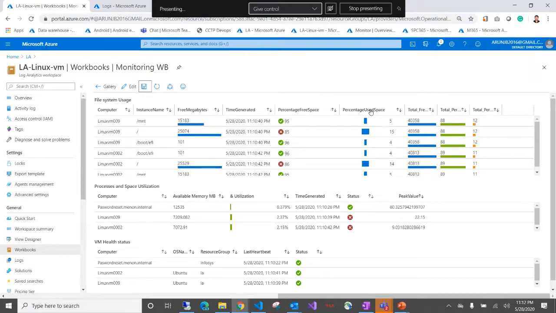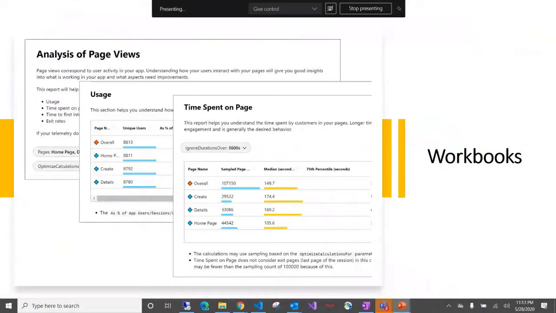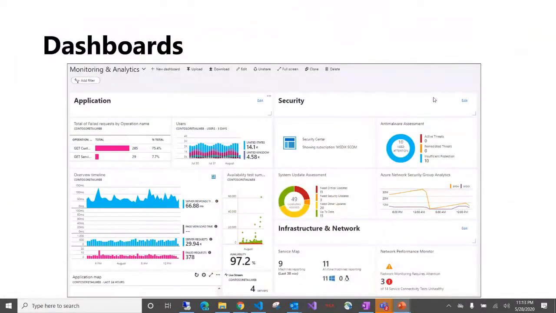Suppose you are using or desire to use your monitoring completely for DevOps. In such cases, you can make sure that you have a workbook scenario available so that it can be shared along with the pipeline scenario. It gives more control over the application to your stakeholders, especially the developers. Another common visualization which we usually see is dashboards.